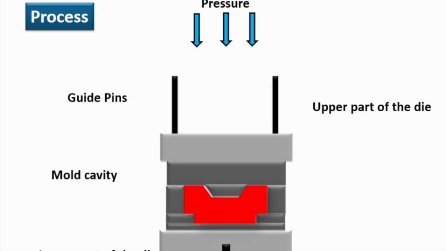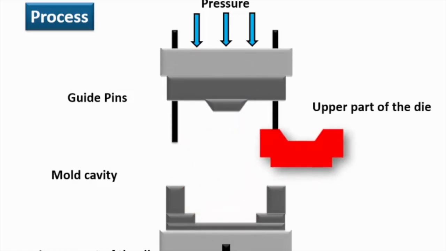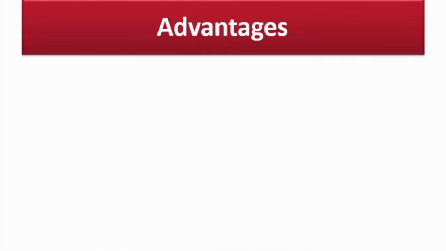Designing the mold tooling is crucial for successful compression molding. The mold cavity must be precisely machined to the desired shape and dimensions, with features like vents and gates to facilitate material flow and air evacuation. After setting, the final polymer can be removed and the final product is created. Advantages of compression molding include lower tooling costs compared to injection molding, the ability to mold large and intricate parts, and excellent material distribution for uniform mechanical properties.